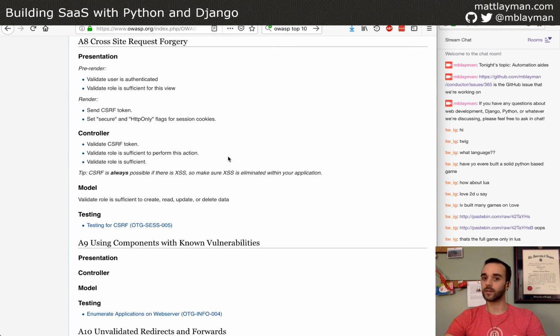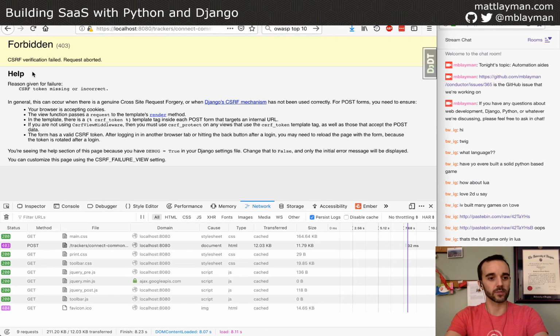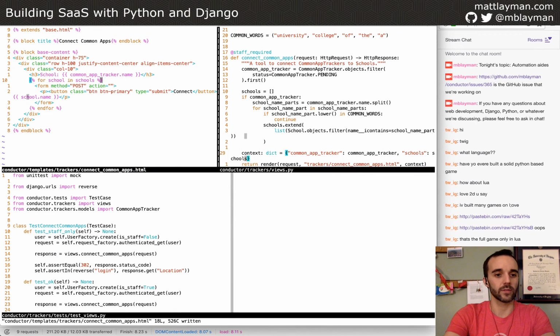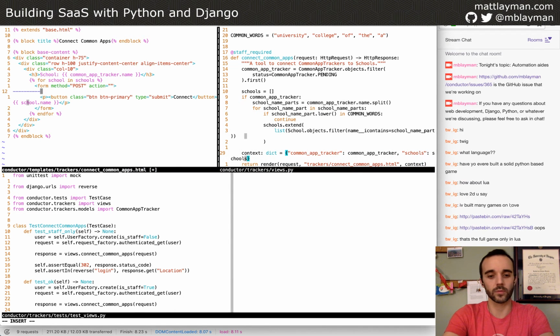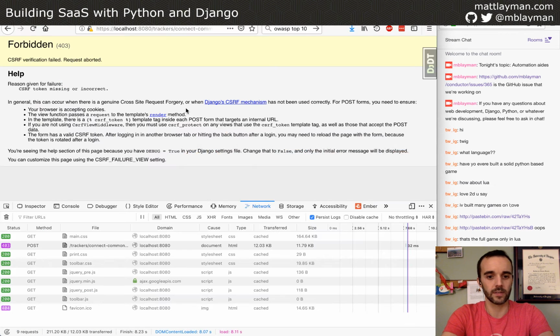I will say this list is not exhaustive, so you can always make websites more secure. There are levels of security along the way, but this is a reasonable one, to at least include the cross-site request forgery protection. So how do we do that? Thankfully, Django gives a very simple tag to use, and I believe it's just CSRF token, like this. We'll see if I get that syntax right.